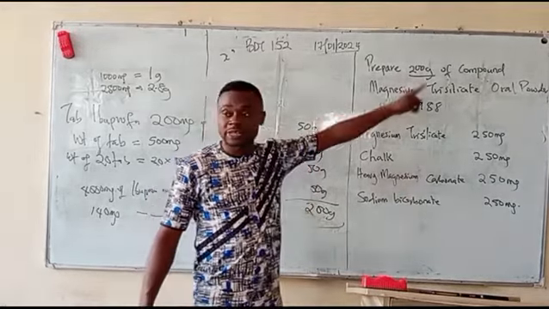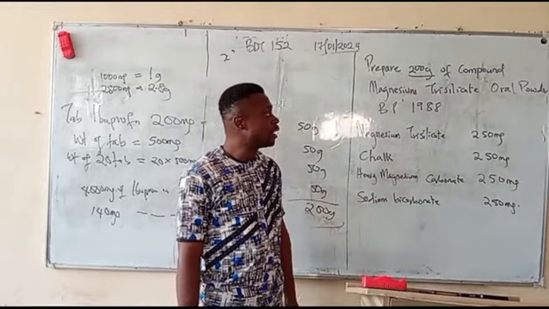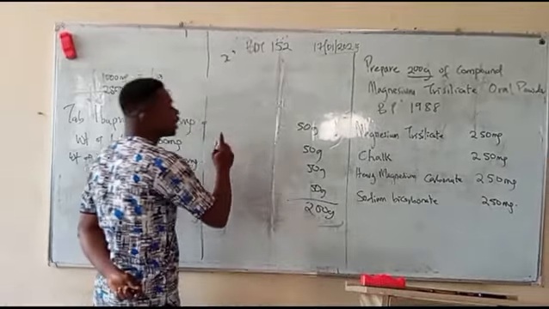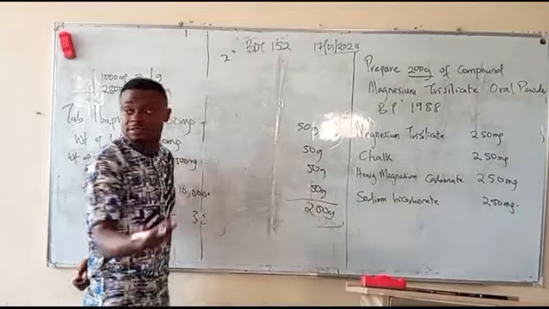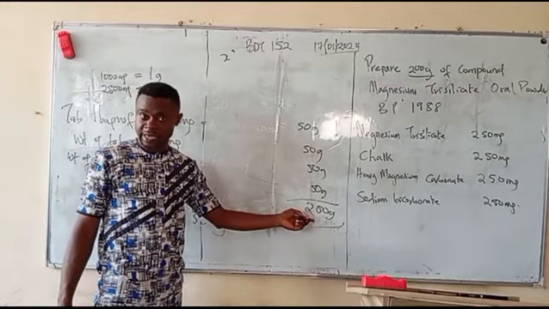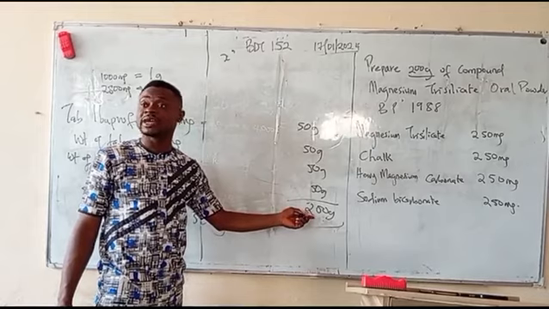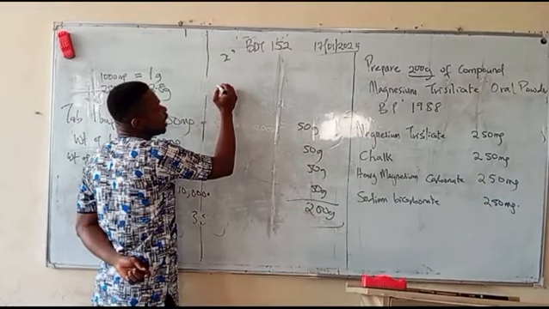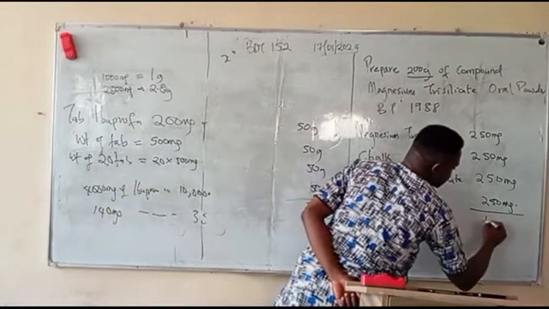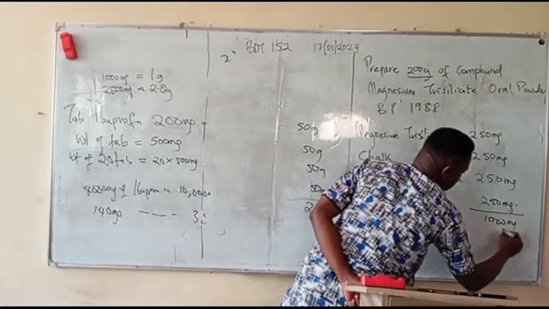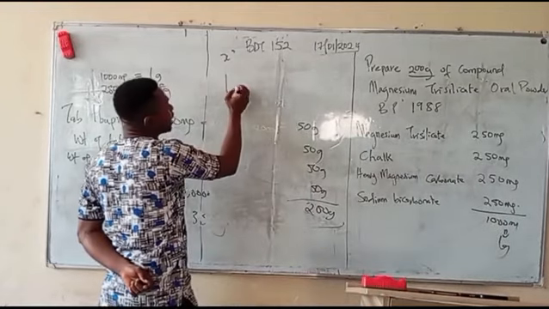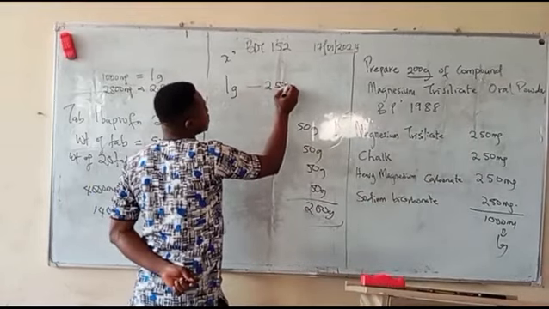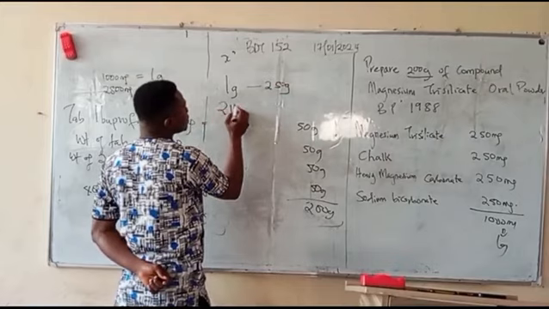But you don't just add overage anyhow. You add it proportionally. See what I mean by proportionally? You can say, okay, let me prepare for 210 grams. Instead of 200 grams, let me add 10 grams on this 200 grams. Now if 1 gram is 1,000 milligrams, you can say, okay, if 1 gram contains 250 milligrams,